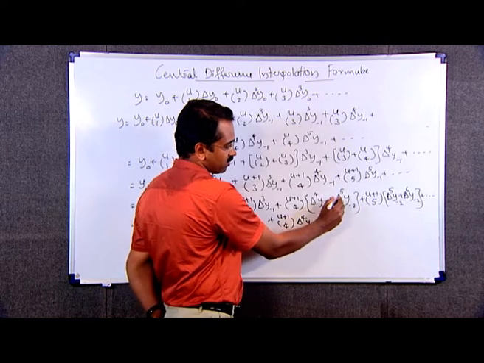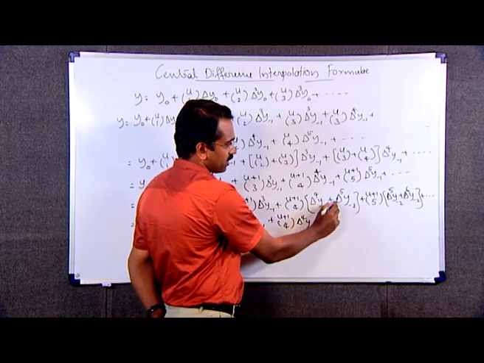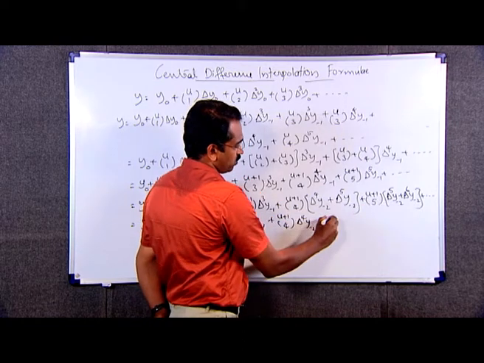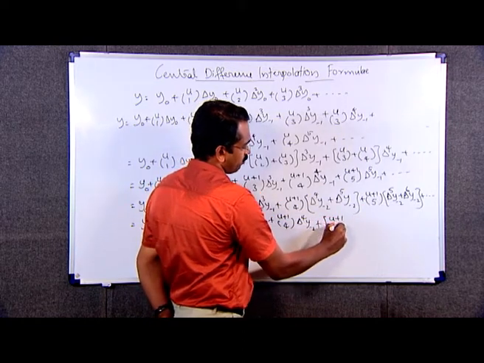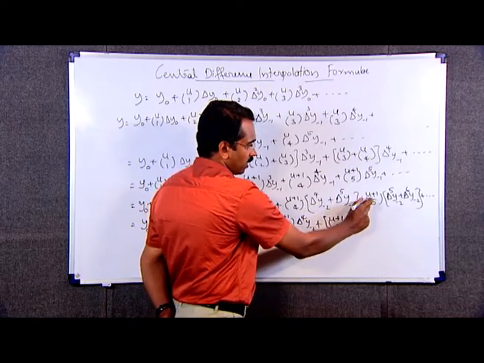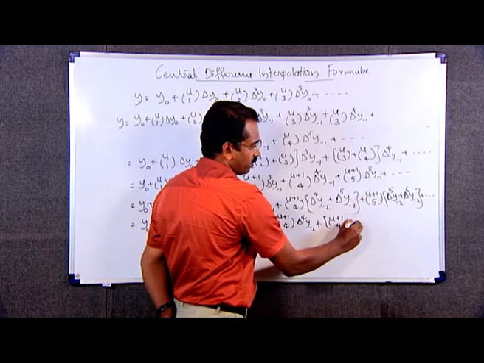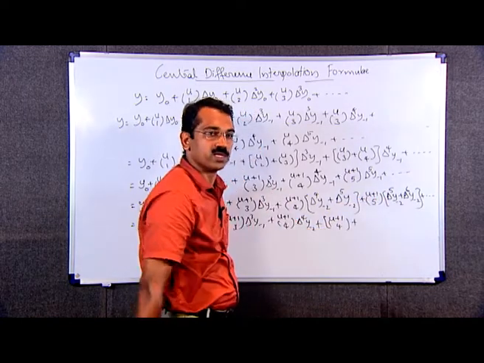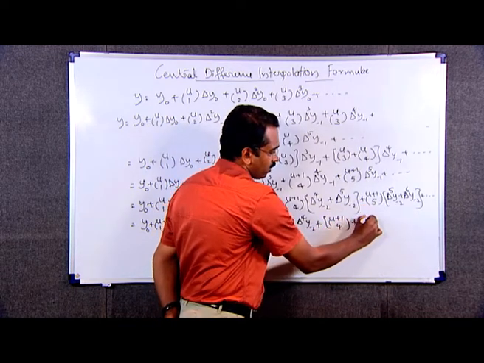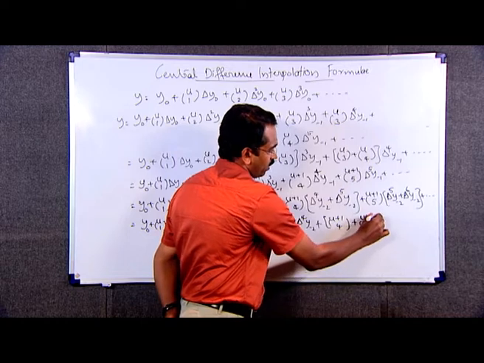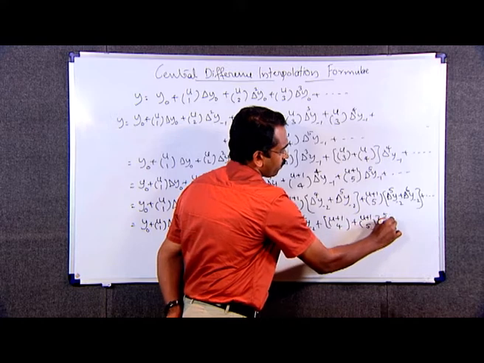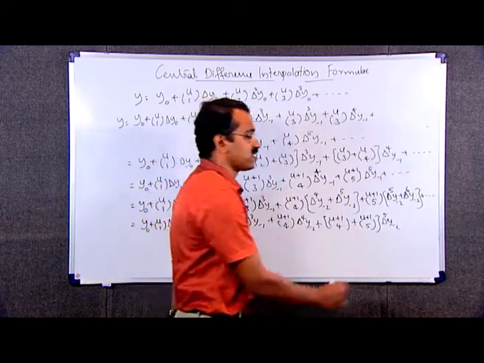Here the terms containing delta raised to 5 y minus 2 are two. We can combine these two, that is (u plus 1)C4 into delta raised to 5 y minus 2 and (u plus 1)C5 delta raised to 5 y minus 2, that is (u plus 1)C4 plus (u plus 1)C5 into delta raised to 5 y minus 2 plus etc.,